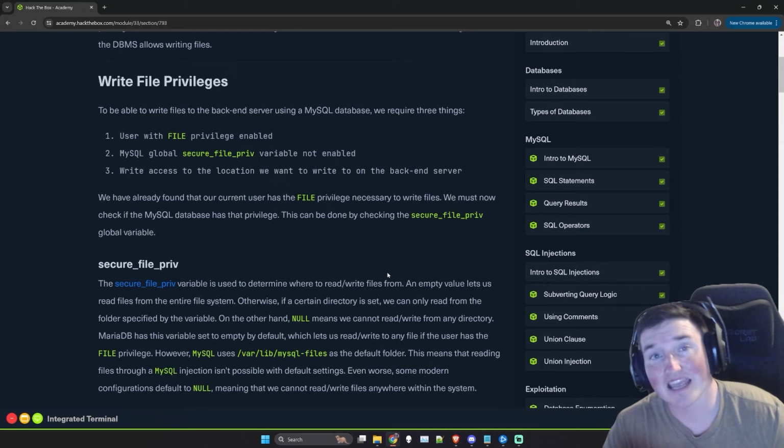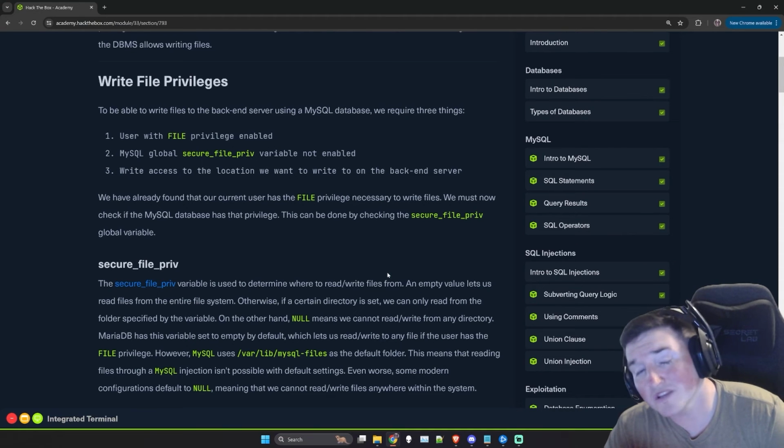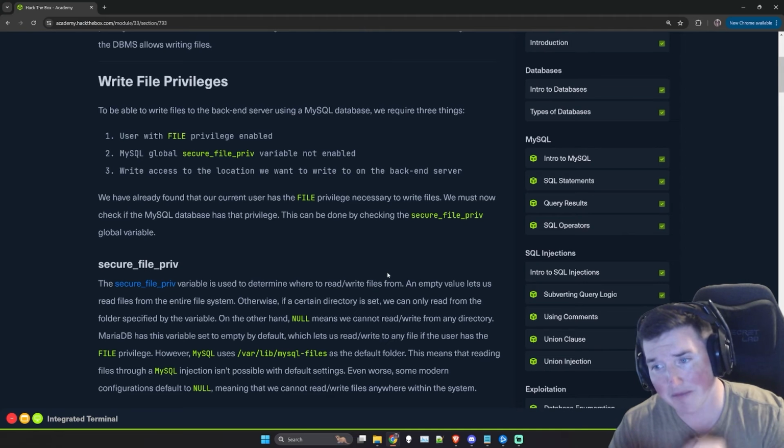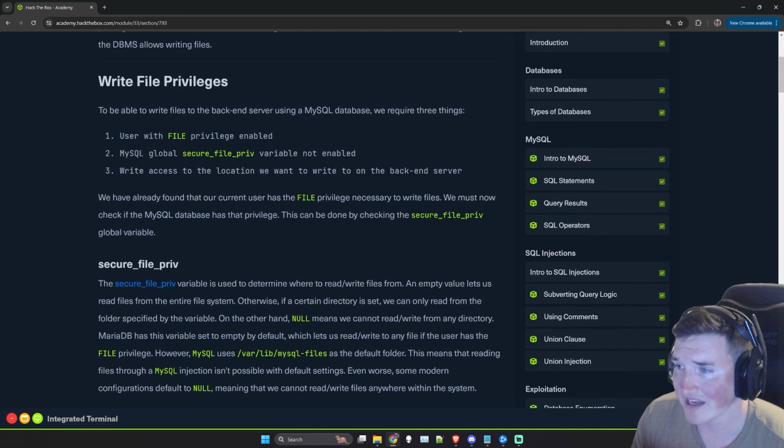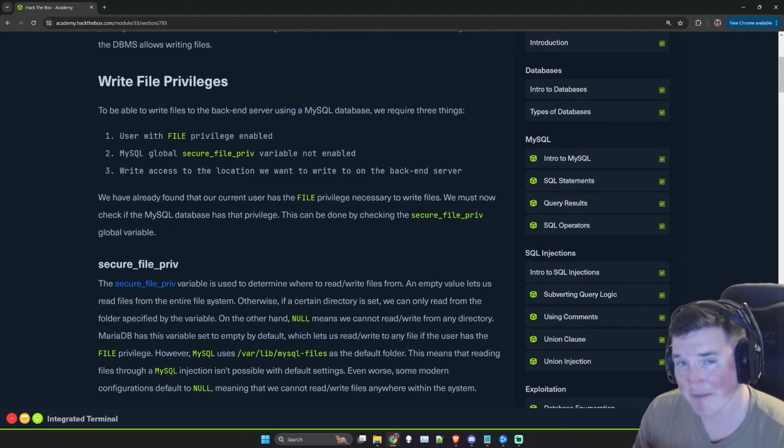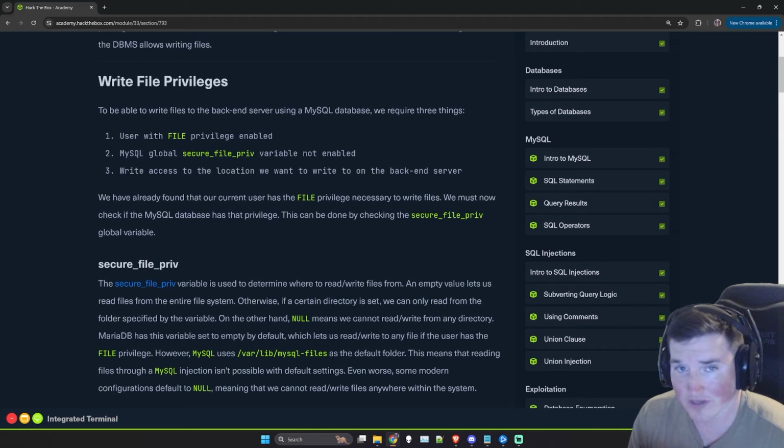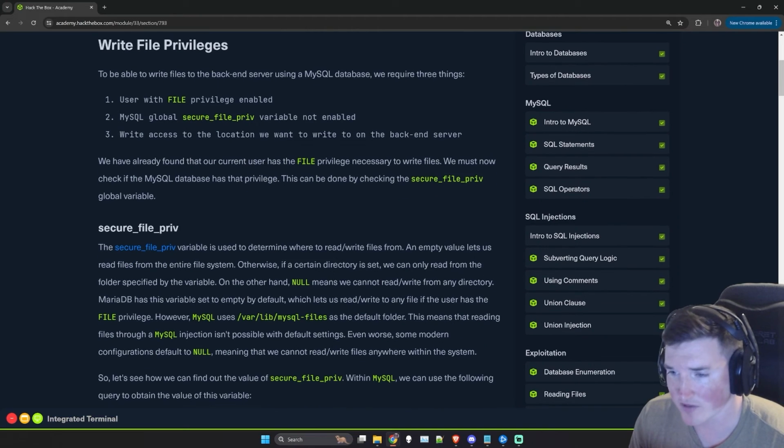So what this does is, if this is enabled, it will only allow you to read and write files from a specific secure file path. Okay, so if that's enabled, that means we can't step outside of it. So it's not really helpful for us to try this reverse shell now, or this shell in general, this web shell. Now, however, MySQL, because this is not a reverse shell, I apologize, but however, MySQL uses var lib MySQL